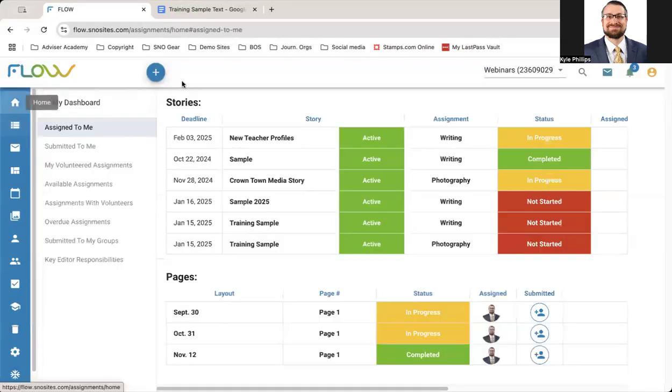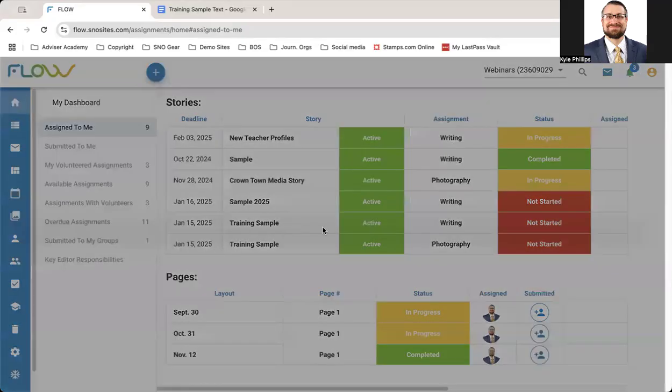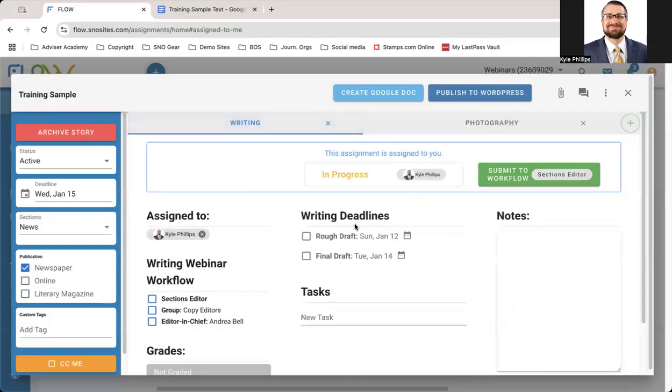So now that I've got that story assigned to me, it appears in the Assigned to Me tab, which is going to be the first thing I see when I log into Flow. And you'll see I have the training sample story, both the writing and the photo assignment. So you might be thinking I'm responsible for this story, but it's going to be broken down into each of the assignment components. So now to actually work on the story, I can click on it here and it will